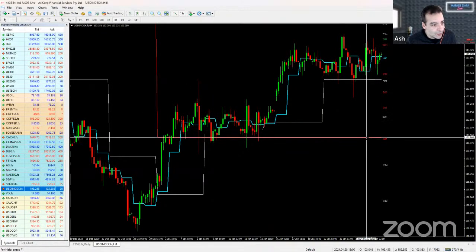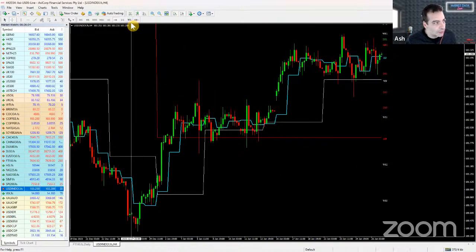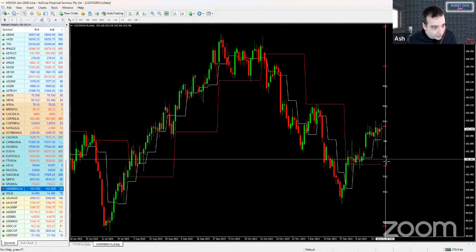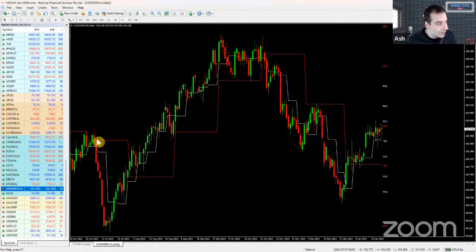Monthly pivot, I got it down below on the dollar. This is the dollar index, so monthly pivot is well below. So dollar looks good to go to the upside. So that really kind of puts some pressure on oil, gold, and the indexes. So if we have a look at gold next,